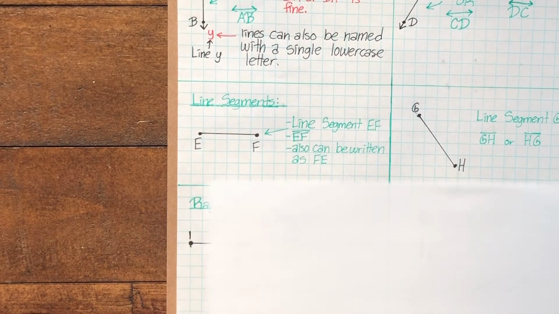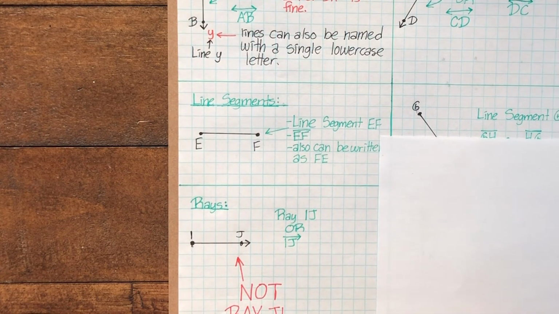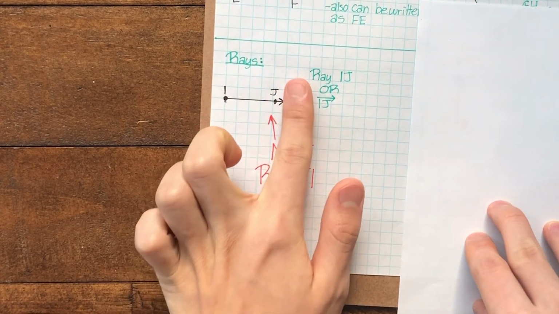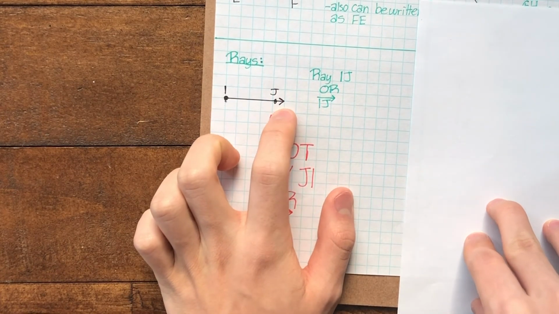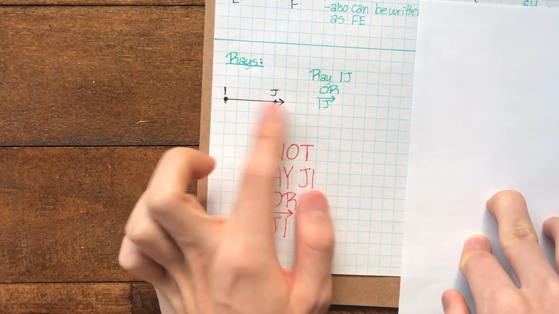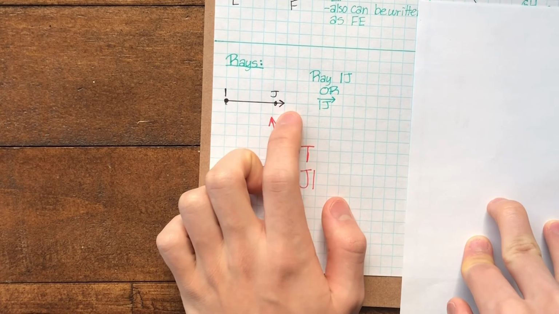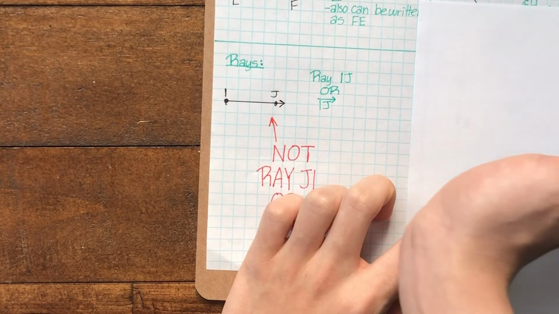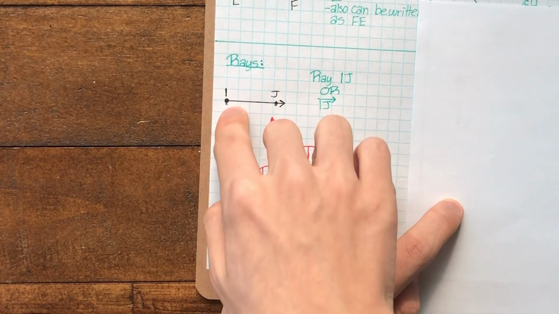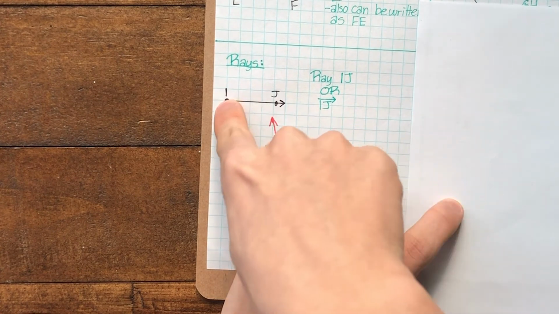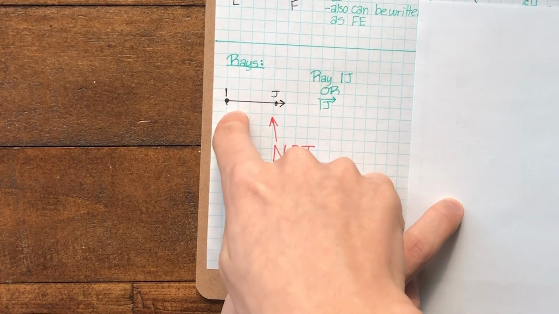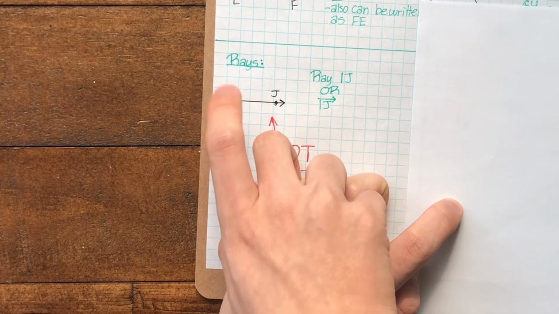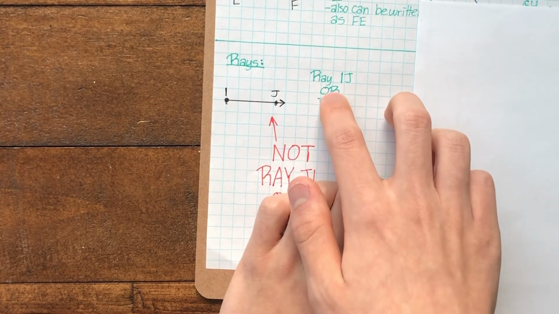Finally, we have rays. So, as you guys can see, it kind of looks like a line segment, but then there's an arrow on one side. So rays can have an arrow in either direction, but in this case, the ray is facing this way, so it extends only on the right, not this way. It stops here, goes on forever here. So this point I is considered the initial point, which I went over earlier. This is where the ray starts. So this can be labeled ray IJ,